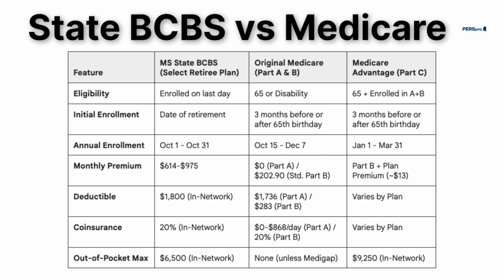Any inpatient care that exceeds 150 days is the responsibility of the patient. Now pay close attention to out-of-pocket max. Original Medicare Parts A and B have no limit on what you pay out of pocket unless you buy a Medigap policy. The state health plan caps your risk at $6,500 for in-network care, and Medicare Advantage plans are required